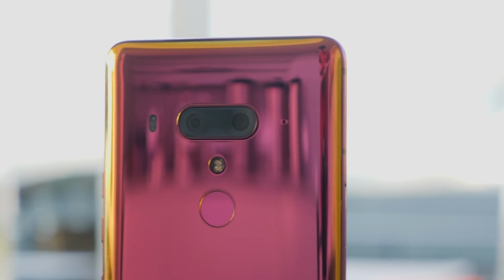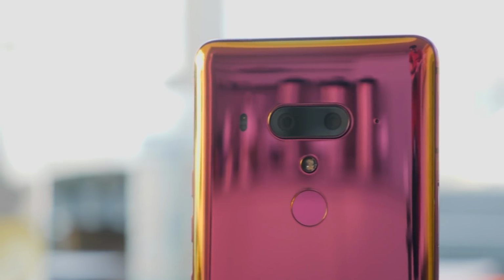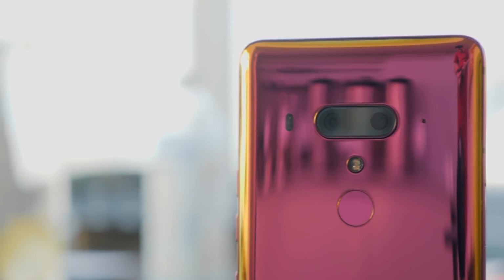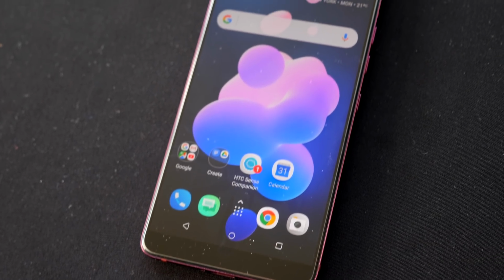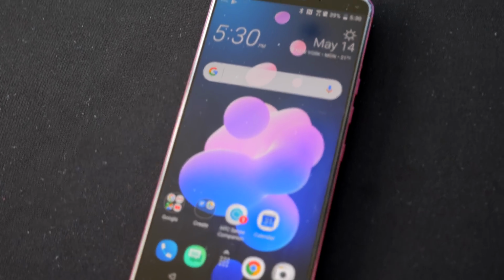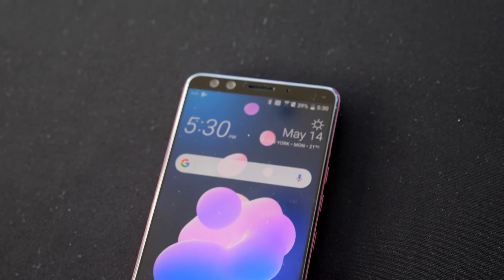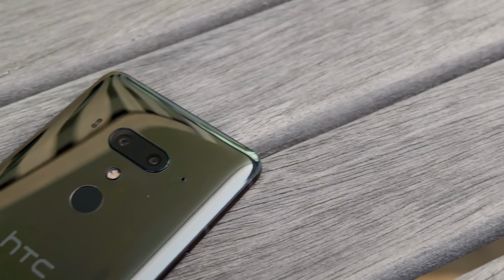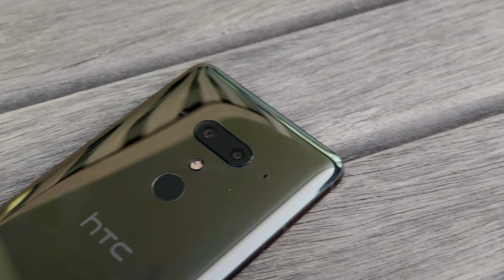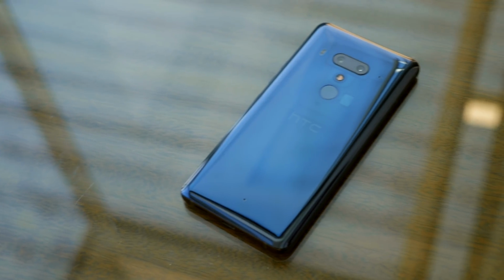So here it is, the HTC U12 Plus. It's big, it's beautiful, and if you live in the States, it's kind of unattainable. This phone works on AT&T, T-Mobile, and Verizon, but you won't be able to actually buy one from any of those carriers. Instead, you'll need to order it directly from HTC or Amazon if you want to get your hands on one. The phone itself is gorgeous. It comes in 3 colors, including ceramic black, flame red, and my personal favorite, translucent blue, which has a sort